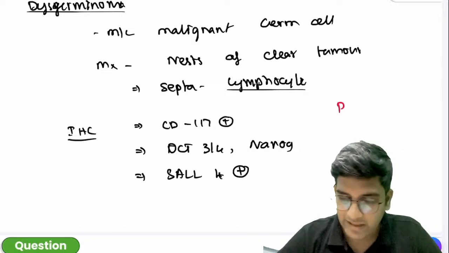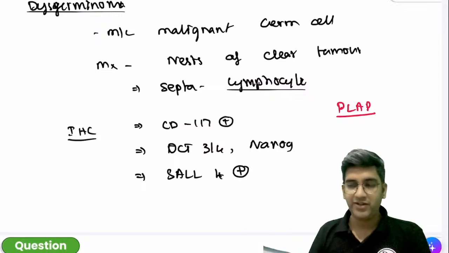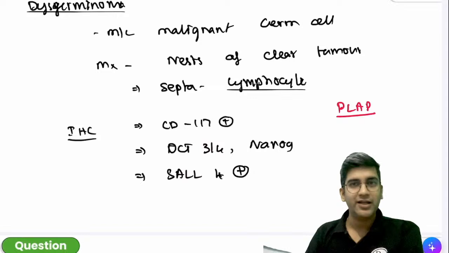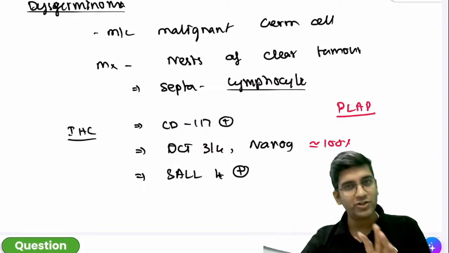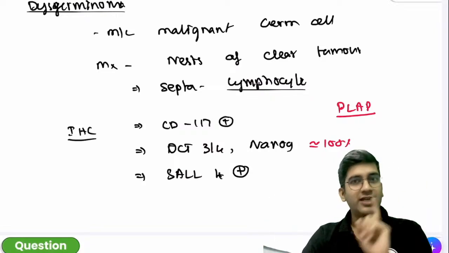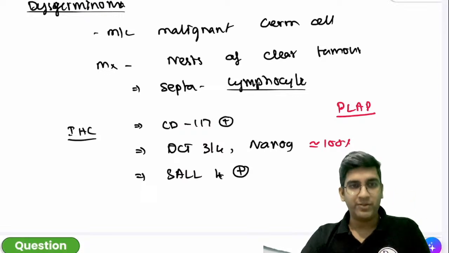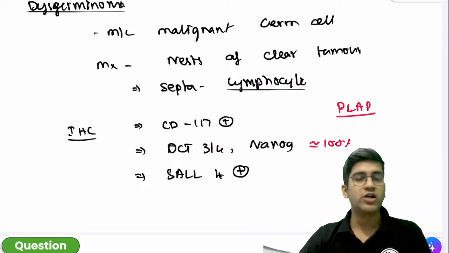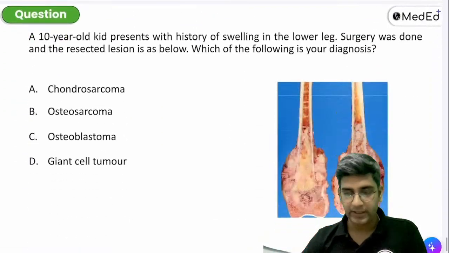That's all. There's a marker called PLAP. PLAP is a very insignificant thing. If an examiner who is 60 years old doesn't open the book and asks a question, it might come in the exam, right? Because PLAP has 50 to 60% accuracy, while this is close to 100% accuracy. Why should I use PLAP? No pathologists use PLAP, but it keeps doing circles in your exams, because gynecologists also take this question. If I'm a pathologist setting the question, it will be OCT3/4, Nanog and the recent one SALL4. PLAP is not useful, but yes, PLAP also is positive in a dysgerminoma. Just remember that.